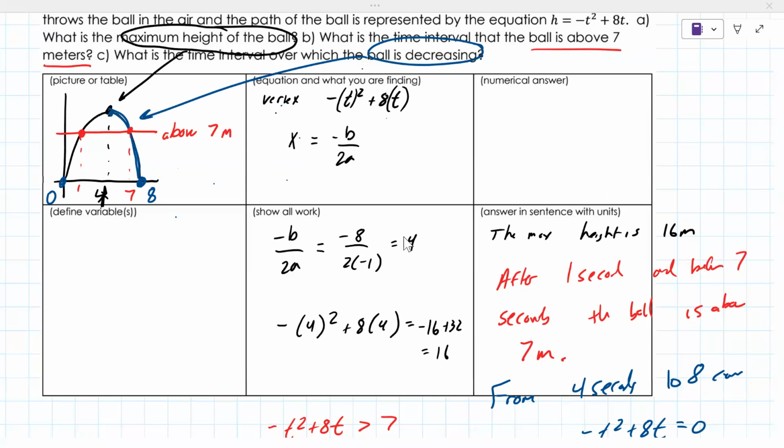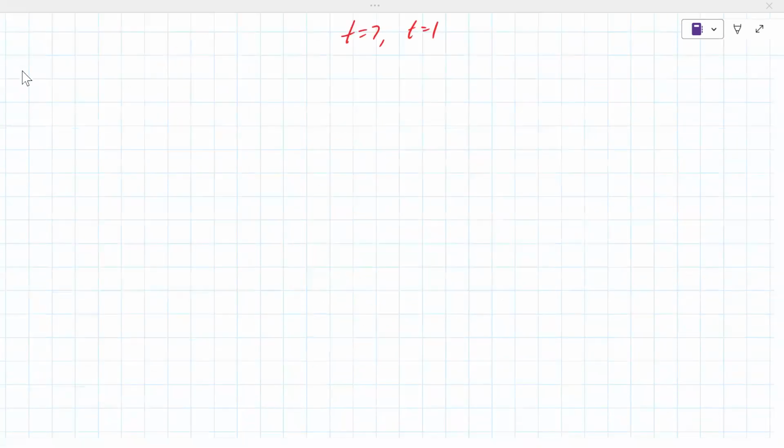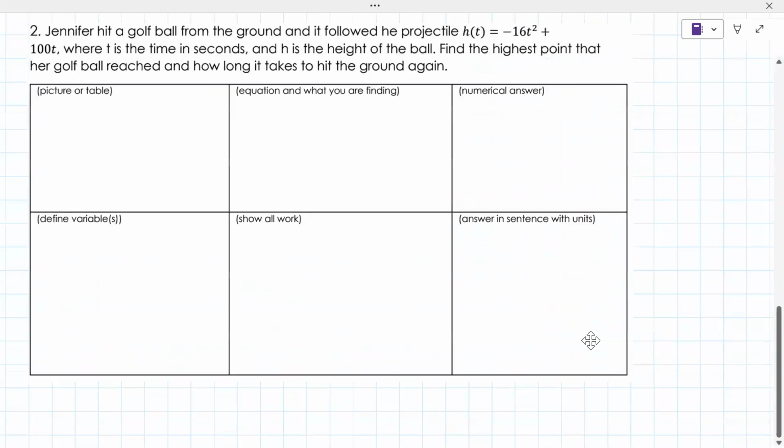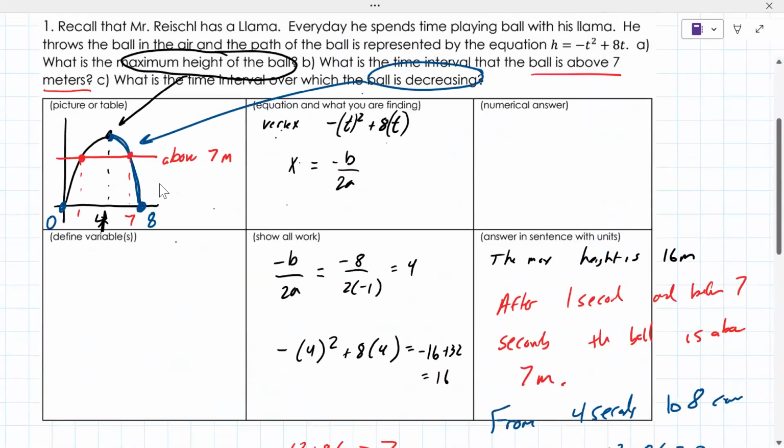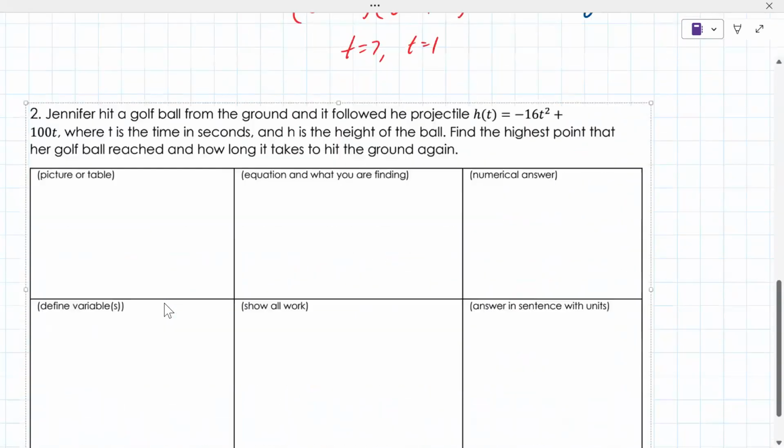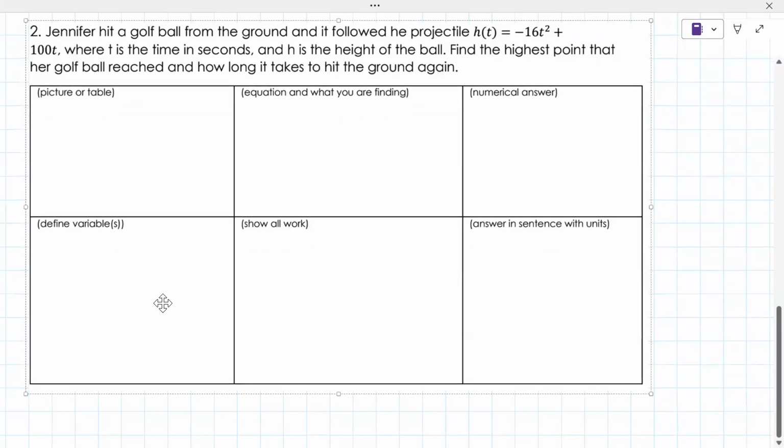Most of them are pretty straightforward with the variables. For example, if it's time, then for the next question, h is the height of the ball in feet, and t is time in seconds. All right, so this one is find the highest point that our golf ball reaches and